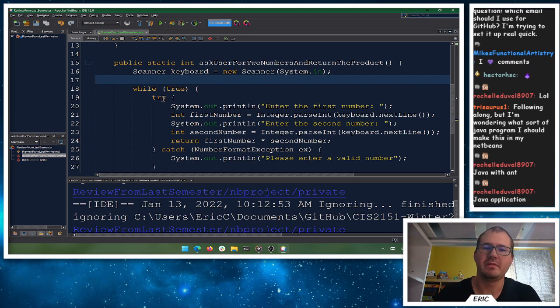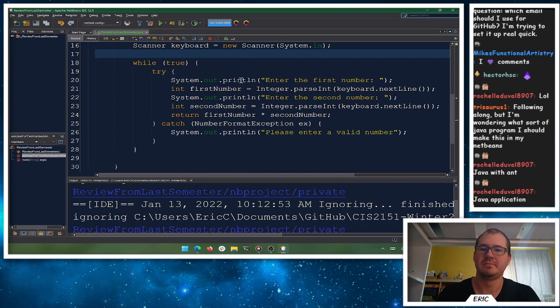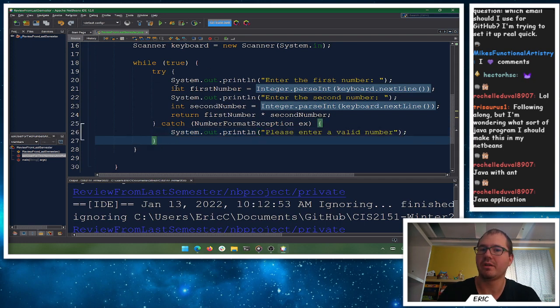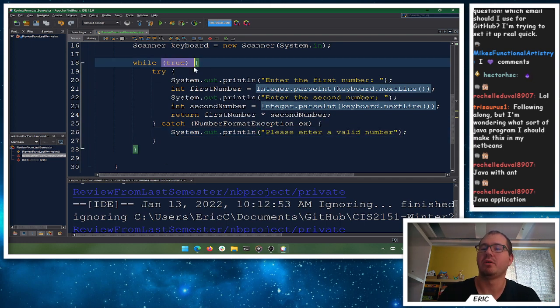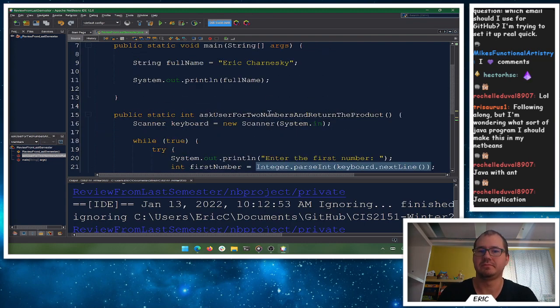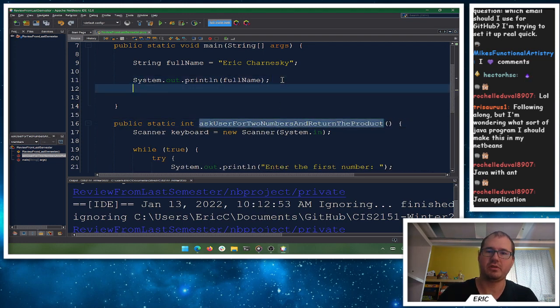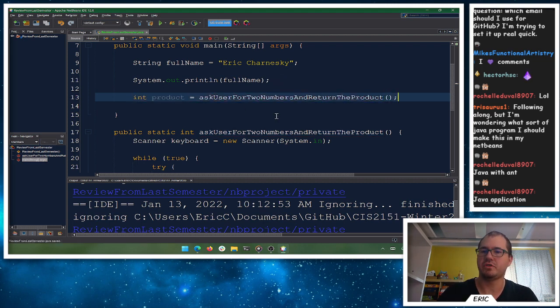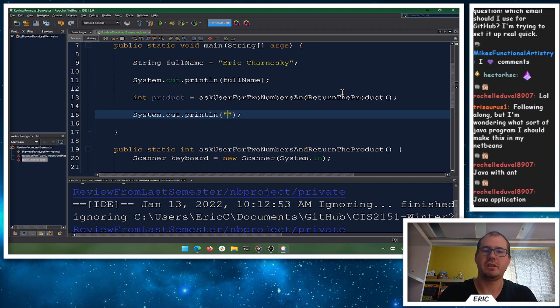So from chapter 5, it's not doing our own custom exceptions, and we'll get into that later when we get to that exceptions chapter. But this is, hey, if I get this exception, do this message, and then we caught, so wherever it stopped working, we just go back here, and we'll go back to the while true. Do it again, do it again. And once we return, we're done here. So then I can do this sort of thing here. So we'll have an int for the product is equal to whatever we get back from this method here. And then we can print out the product of your numbers